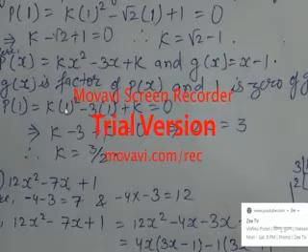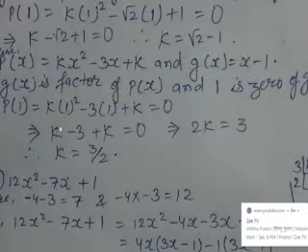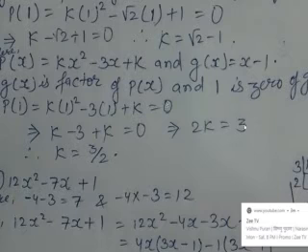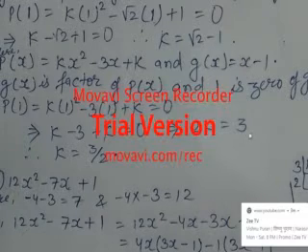If you see, k into 1 squared means 1 only, so k into 1 is k, and then minus 3 plus k. k plus k becomes 2k, and minus 3 when it goes to the other side changes into plus. So 0 plus 3 is 3. So 2k is equal to 3, I had written.